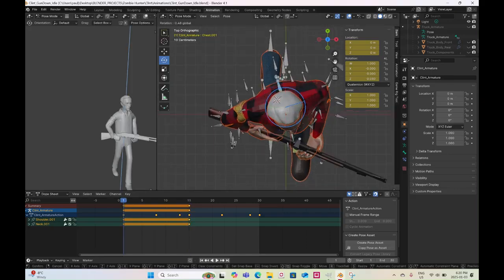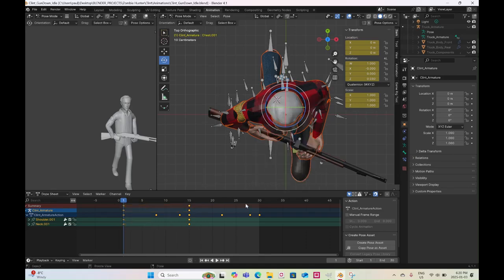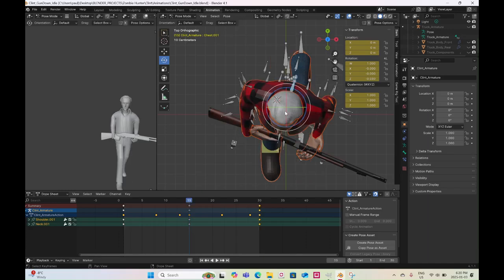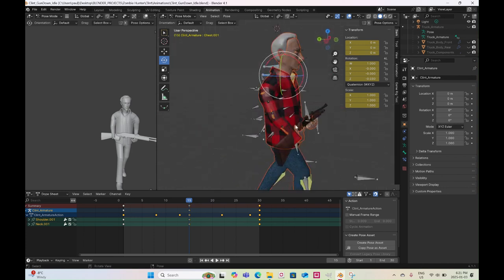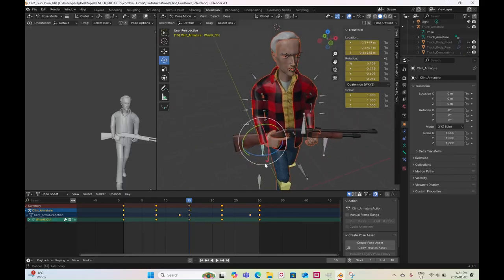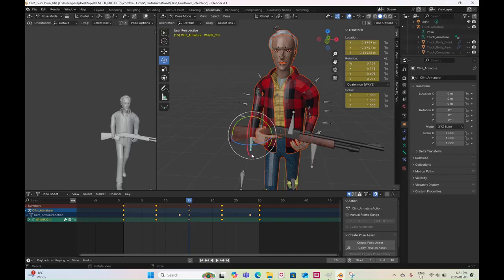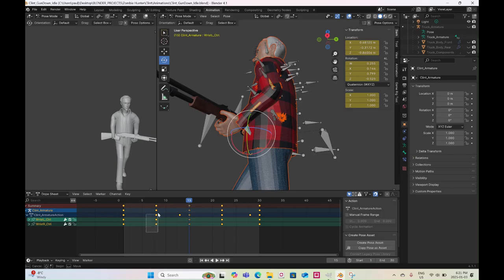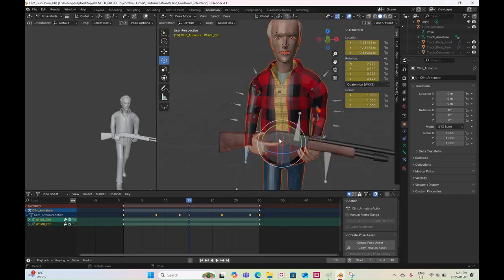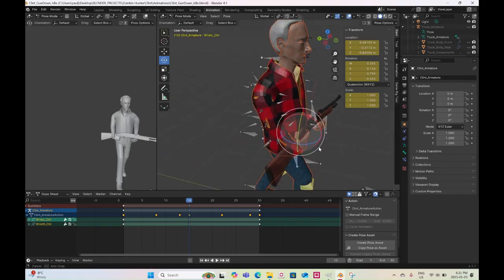over here, I'm going to rotate his head, give the same key at the end, and in the middle, like this. And as you can see, his arms are a bit stretched, so actually for both the wrists, I'm going to erase these middle ones for the time being. And I'm just going to focus on these two extremes where